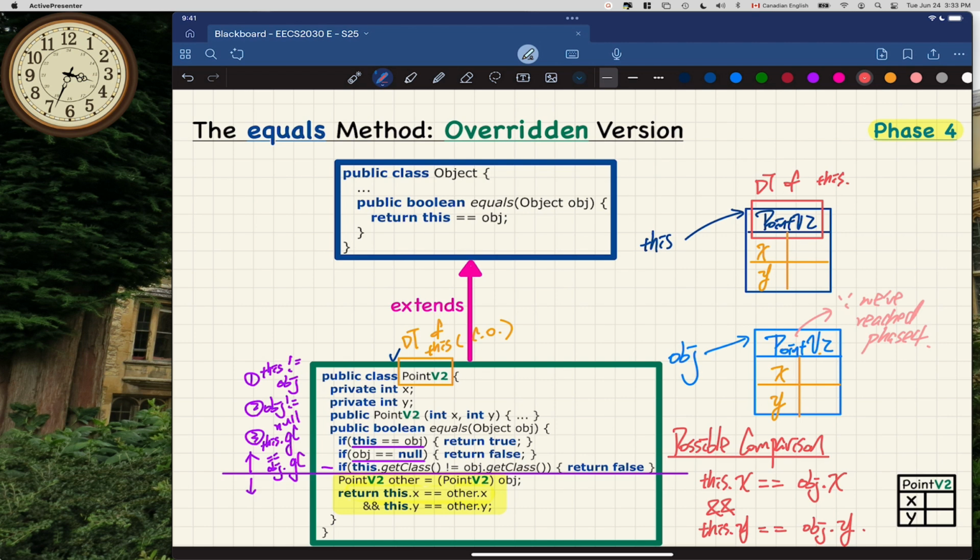Conceptually, we know what we are writing. However, will this be accepted by the compiler? That's a question. Let's look at that one by one. When I was trying to get access to x and y here, this one will be fine because I do have the x and y that was declared in the point v2. Not a problem. On the other hand, if I look at obj.x and obj.y,